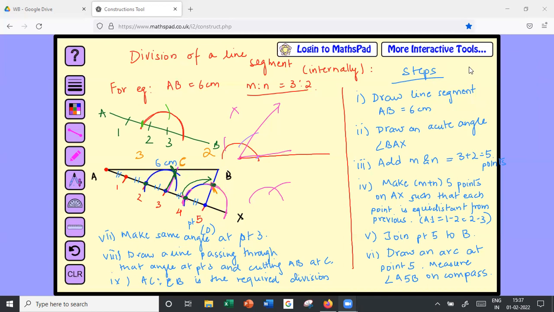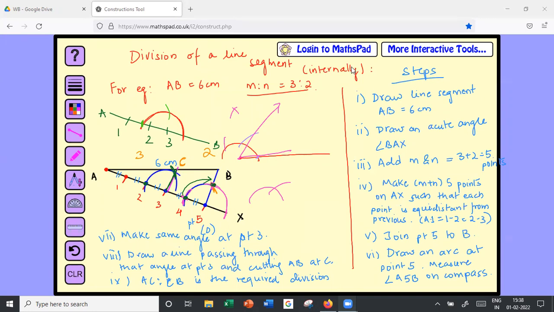Others, if you're finding it too much of a hassle to click pictures, you can switch on your cam and show it to me. Whatever works. I just want to see whether you're drawing the same thing I made. Okay, so we are done with the steps of construction and with our figure. Now we need to do the justification part. For that, I need to erase all of this.